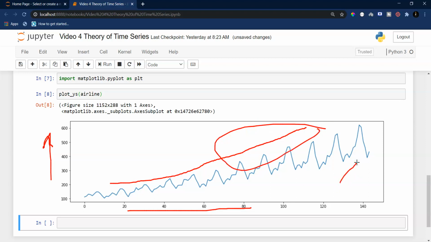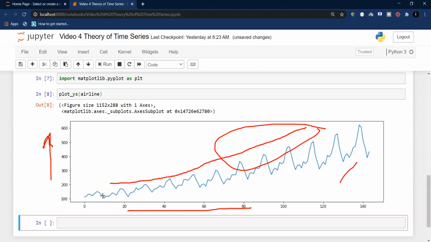To extract this trend from the time series data, we use the moving average method. The moving average allows us to average out the fluctuations which are happening, so it only represents the overall trend of the time series data.